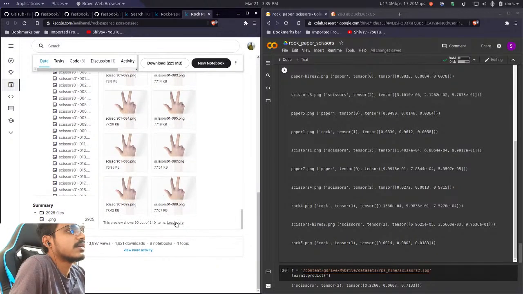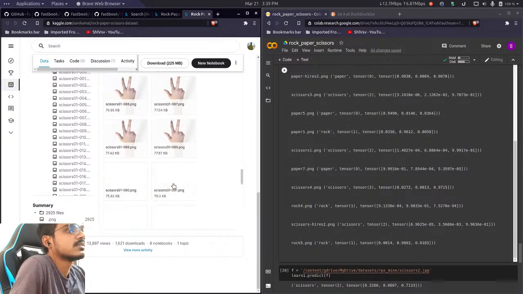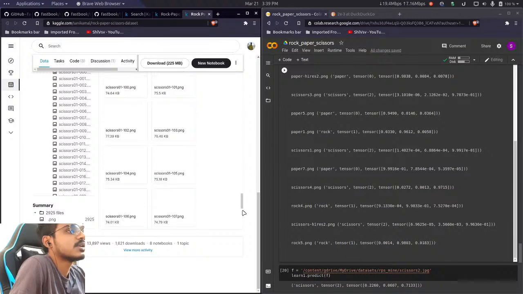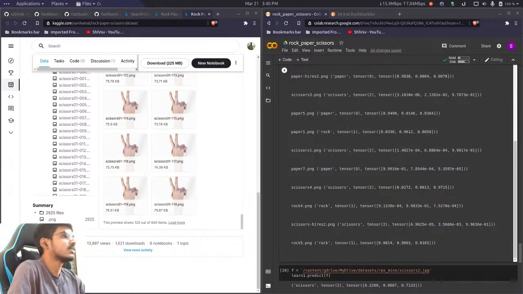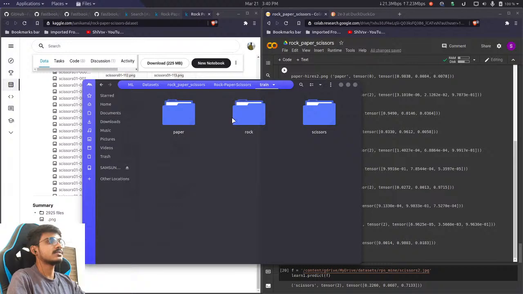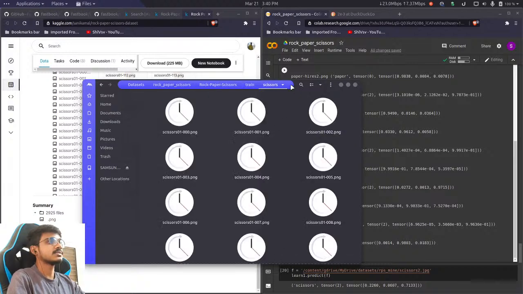Why does it contain only fair screen images? Wait, there are more images. I should check it out first. I have it on my local system as well. Let me check. This takes a lot of time to load. Here it is. So if I check the scissors,